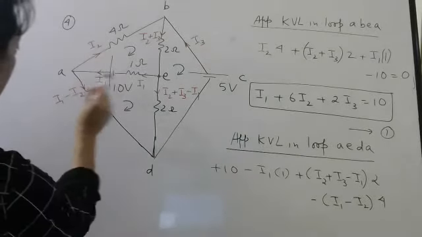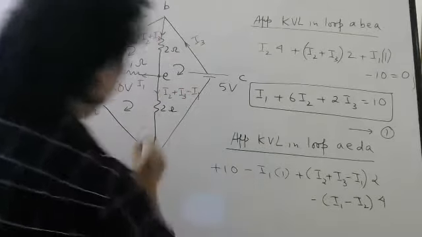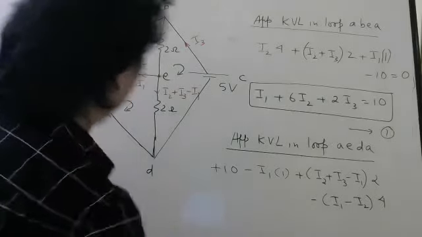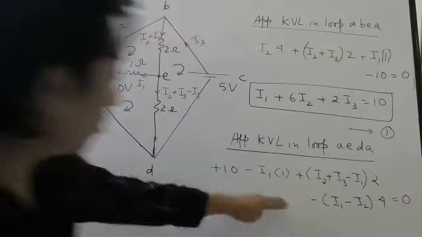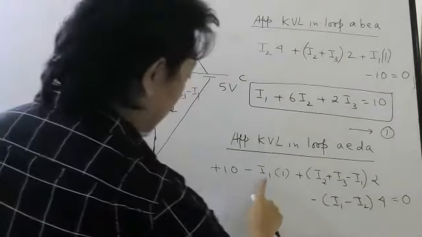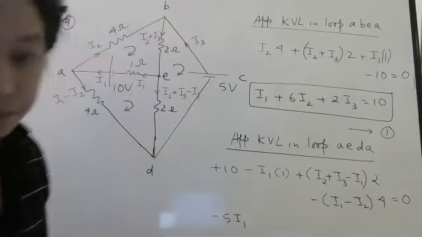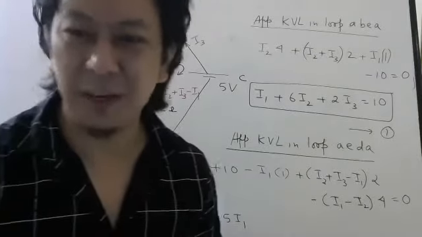Okay, so let me repeat. This 10 came from the potential difference of the battery. This came from the potential difference of this resistor, current into resistance. This third term came from the potential difference here, and this last term came from the potential difference here. For the battery, plus to minus drop, I take positive; opposite to current negative, along the current positive. That will be 0. Okay, so let us write this also in this form. Minus I1 minus 4I1. Correct now? Please check carefully, and if I make any mistake, please tell me immediately. Don't wait for 15 minutes.